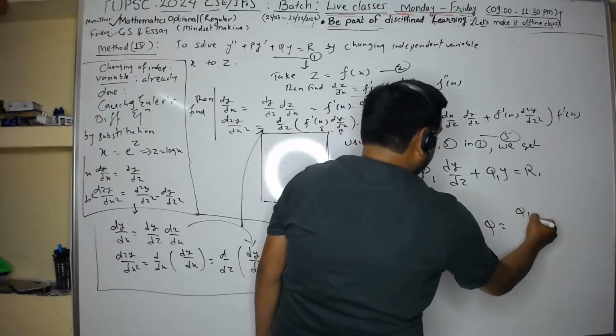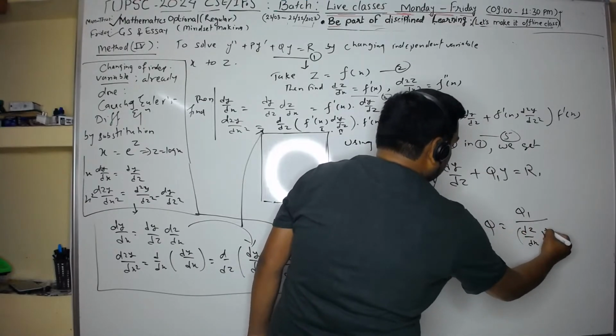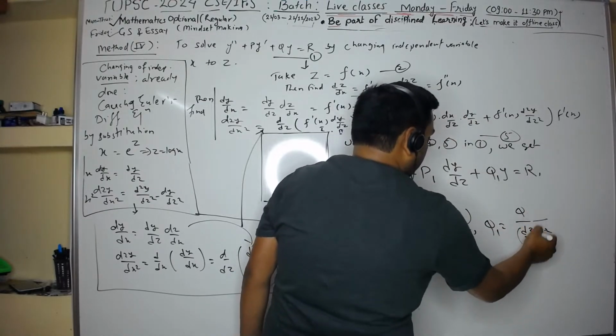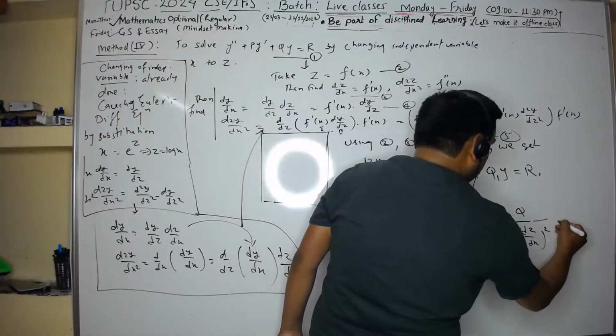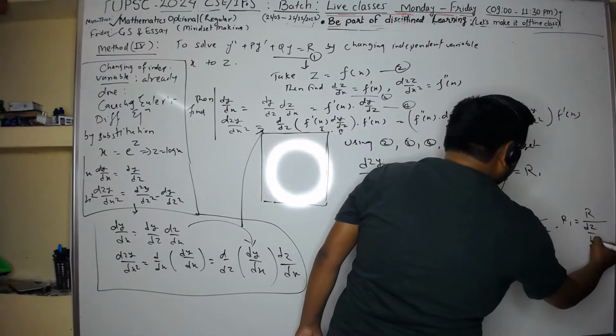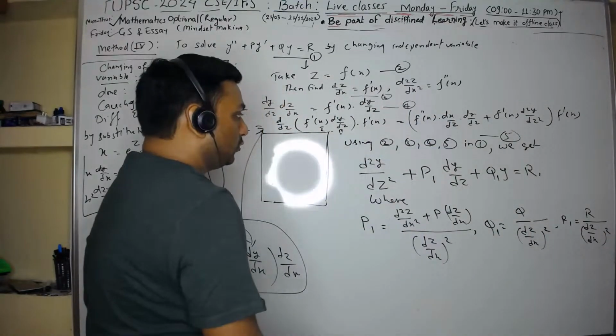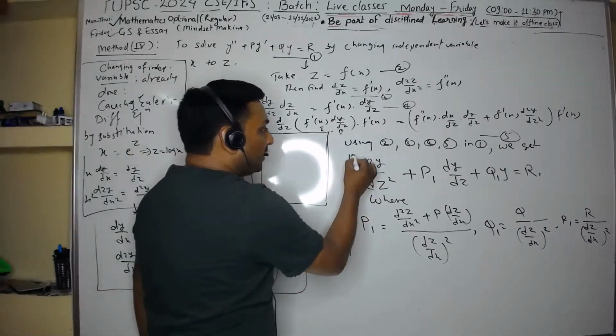Q1 you will get as q upon dz upon dx whole square, and r1 you will get as r upon dz over dx whole square. Fair. So what you need to remember is